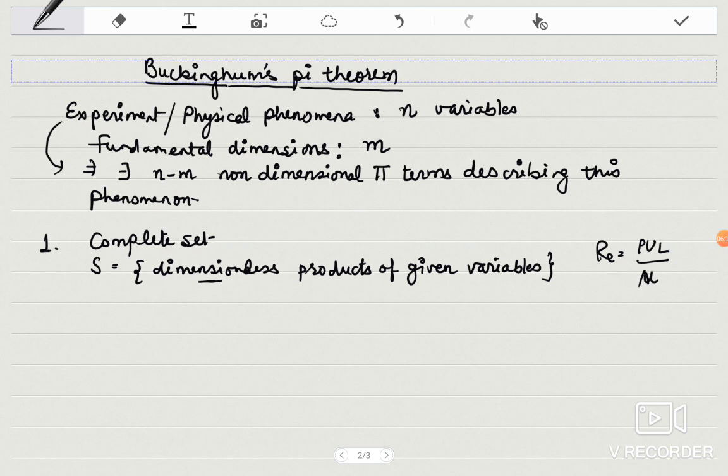This is the Reynolds number. So it is the product of rho, u, L and mu inverse. So S is the set of dimensionless products of given variables, and S is complete if